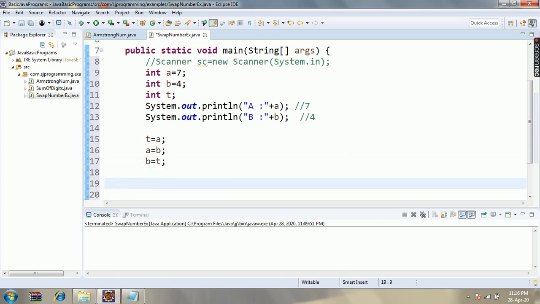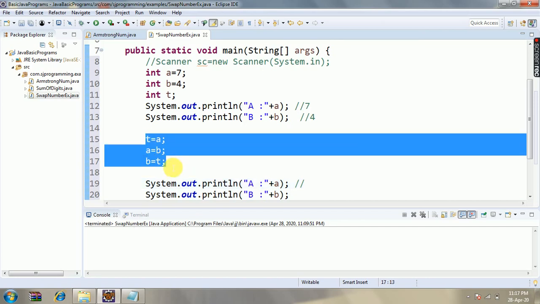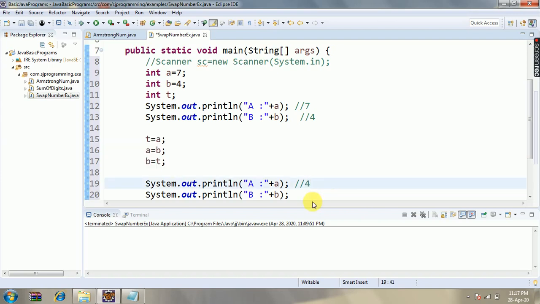Then we will print the result after swapping: the value for a and the value for b. For a, initially the value is 7, but after the swapping logic the values are exchanged. So now a will be 4 and b will be 7.